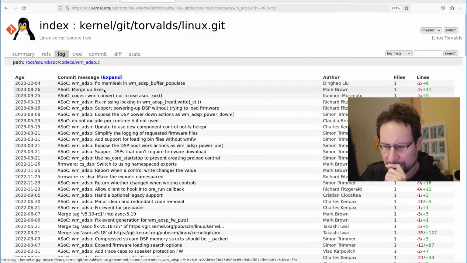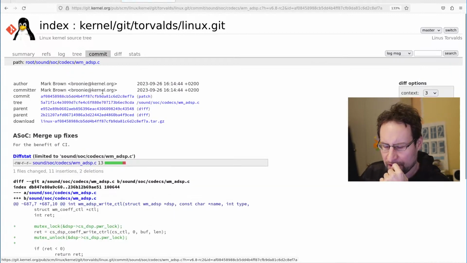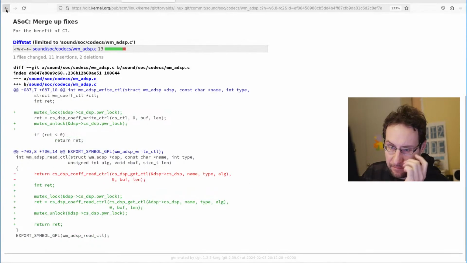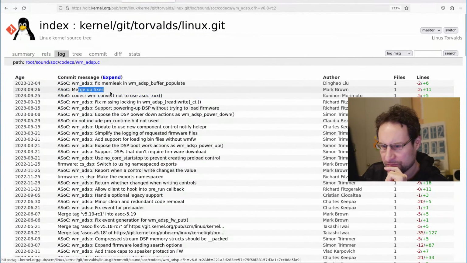Memleak, merge up fixes, also like merge up fixes, I think. Basically we could also blame that. Does there git